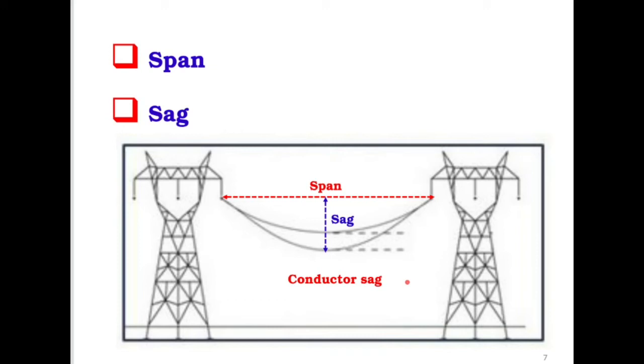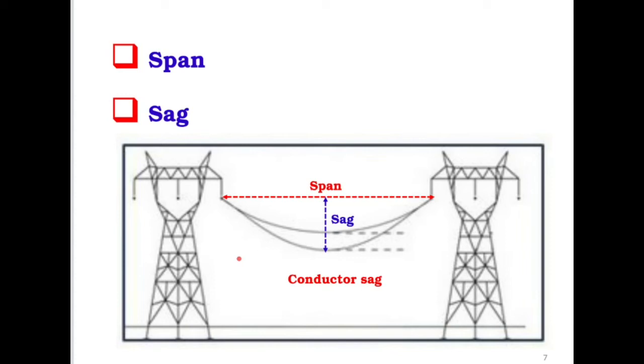We make sure that economy is maintained. So we want to maintain the economy, reduce the cost of installation of power structures, like we mentioned yesterday. If you want to build a transmission line from Cape Town, Koeberg nuclear power station to Drakensberg or to Durban, thousands of kilometers, what we'll have to do is put a number of power structures. As you can see, it's not one piece of conductor, it's in between two structures. Then from this tower, there will be another tower here, and we'll put another conductor from here to there, and we use a jumper to connect them. So it's pieces of conductors in between transmission towers.